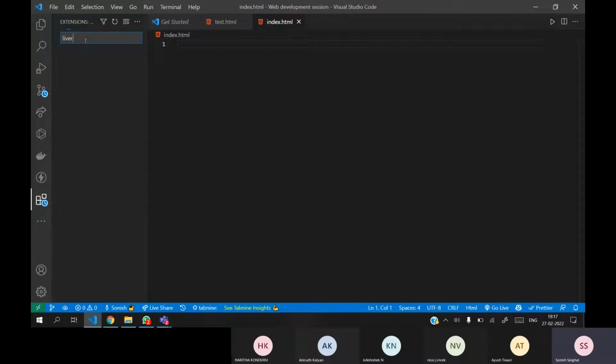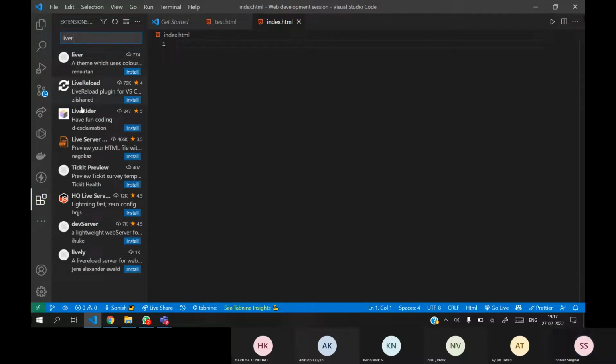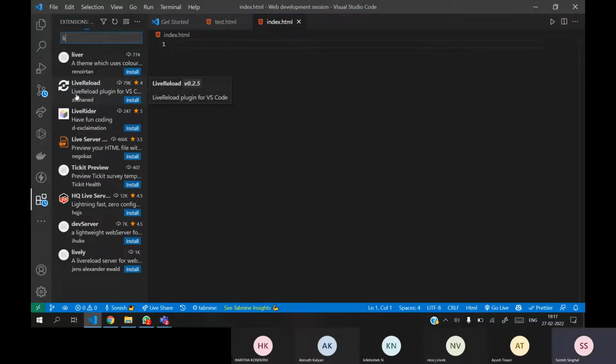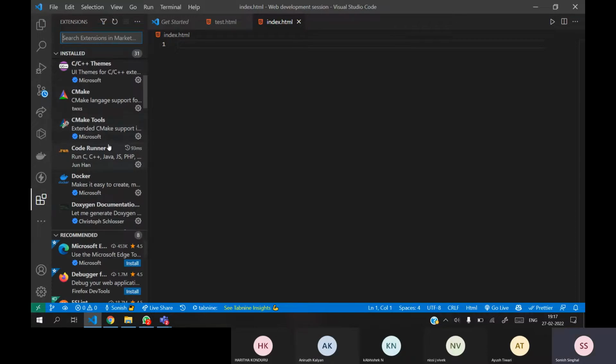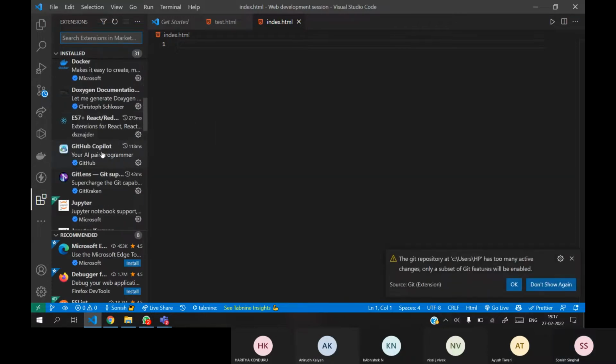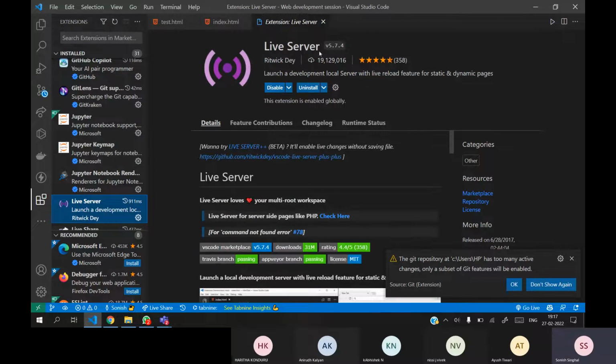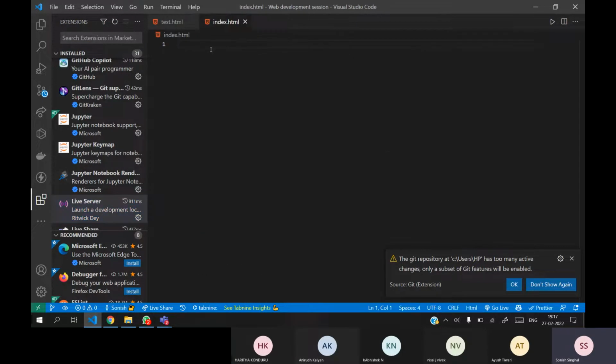Before starting, you will see the extension Live Server, and here I have installed it. You have to enable it and then you can directly work on it.